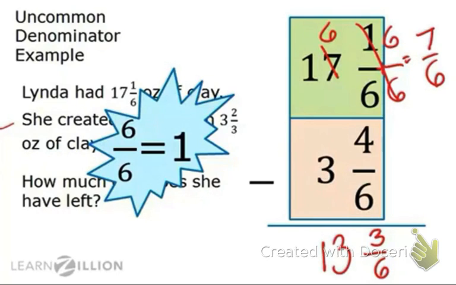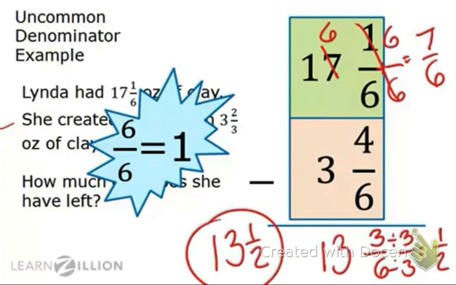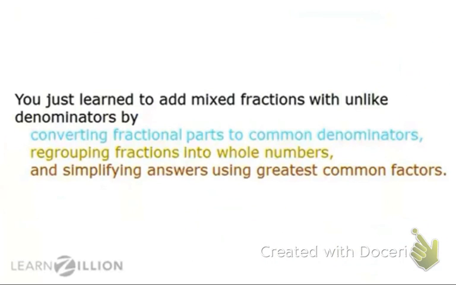Now we will simplify the fractional part using the greatest common factor. The greatest common factor of 3 and 6 is 3. So if we divide the top and bottom by 3, we get 1/2. Therefore the answer is 13 and 1/2 ounces of clay. You just learned to add mixed fractions with